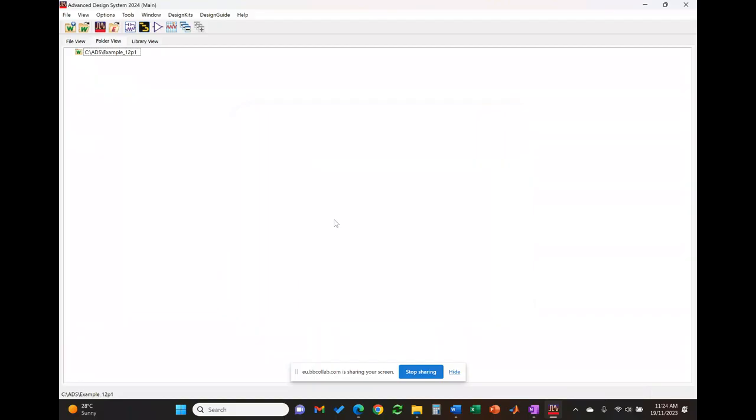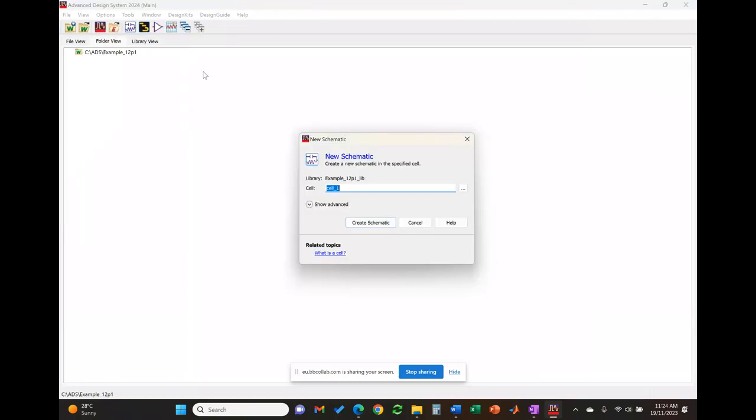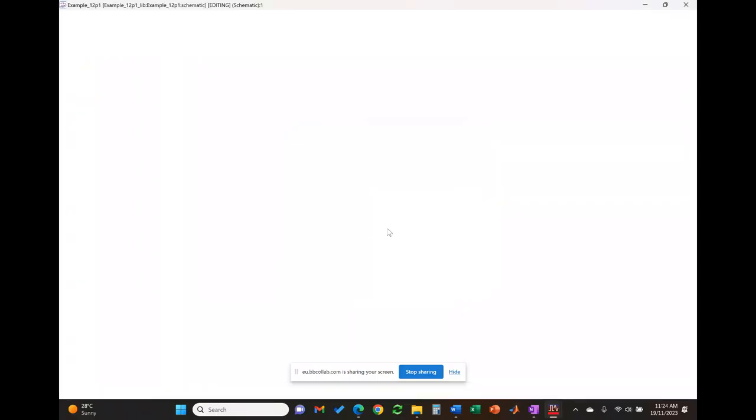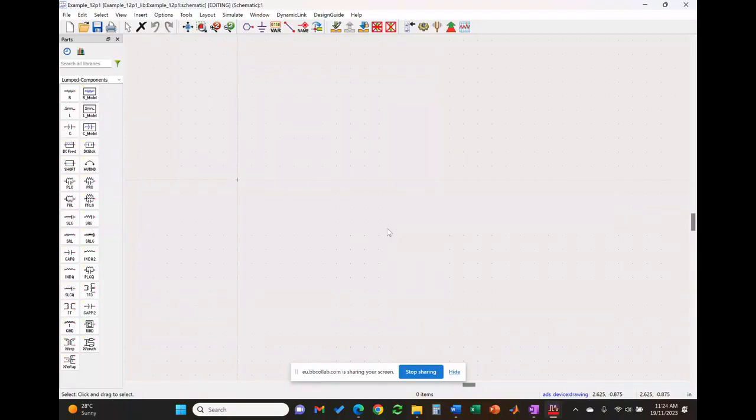So the next step is to create your schematic. So file, new, schematic. Now, for the schematic, you can call it whatever you want. So in this case, let's call it just again example 12.1. I don't think it matters. You can have the same name. I think the only thing that would matter is the spacing, that the name itself cannot have any spaces in it. So you can use underscores. Now, then you will face the following